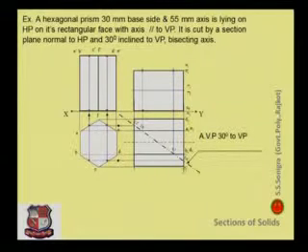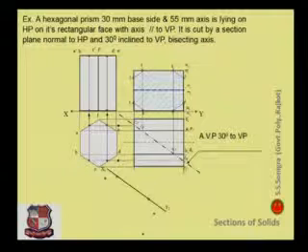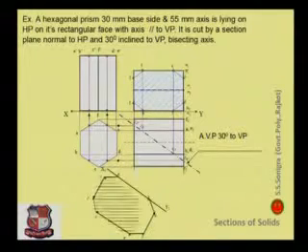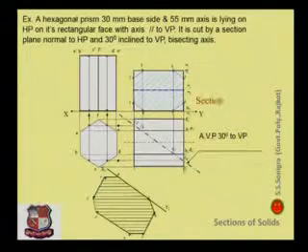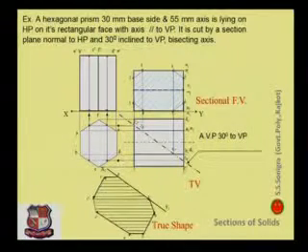view and top view and mark these points 1, 2, 3, 4, 5. Join them with a straight line and draw section lines. This is the sectional front view, this is the sectional top view. And to draw its true shape, do a similar exercise. Draw lines perpendicular to the x1 y1 line which we did earlier. Find the true shape like this and draw section lines to this true shape. Name these points. This is the sectional front view, this is the top view, and this is the true shape of the given